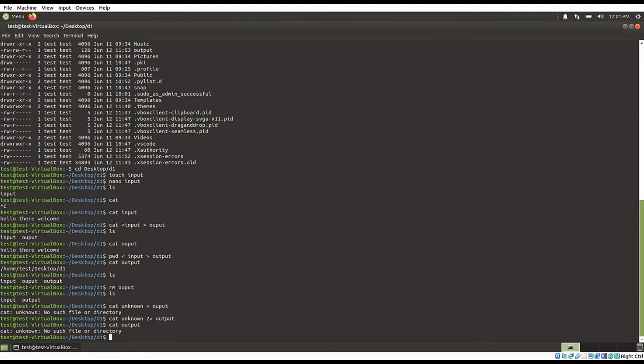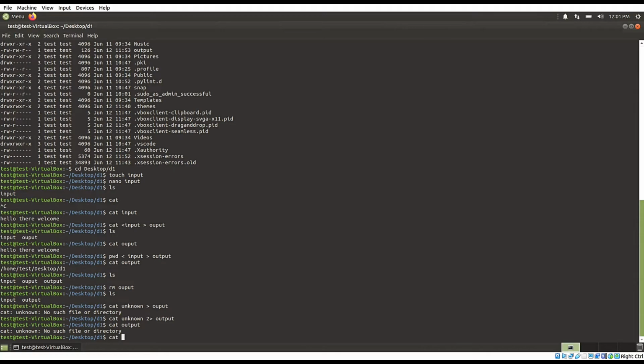What if we don't know whether the output will be the desired one or it will give an error? We can use both stdout and stderr and let the system decide: if it has an output, it will redirect it to the output file, and if it has an error, it will redirect to the output file too. For that, let's try cat.